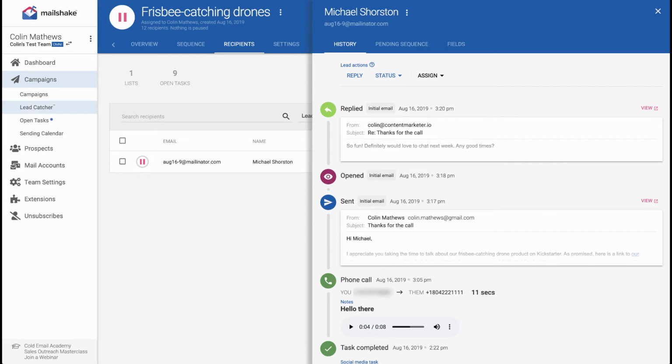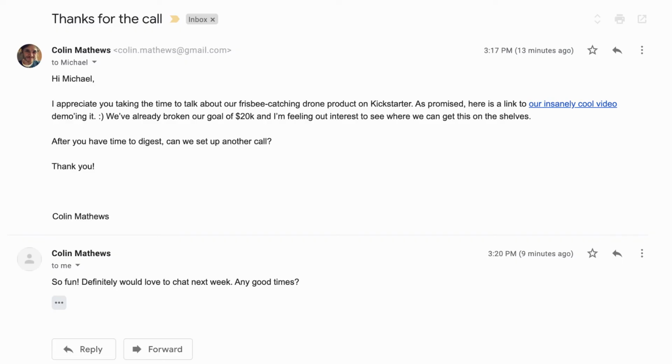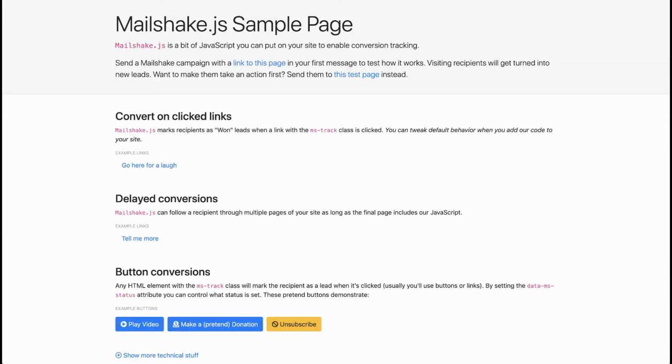And a lead catcher is typically where you will go to work through everybody who's become a lead and reply back to them, mark them as completed or as won or lost or ignored. And I want to get back to that email one more time though, because there was a link in the email that we wanted them to click on. So the link in that email goes out to this sample page, which is a demonstration of our mailshake.js,